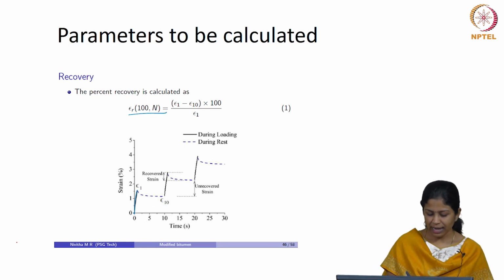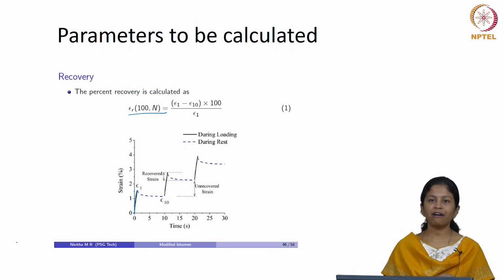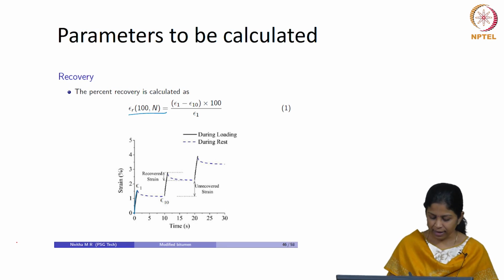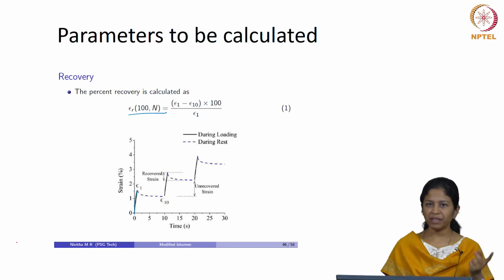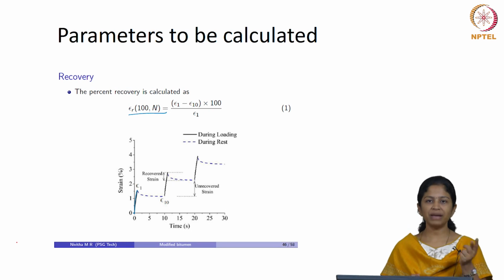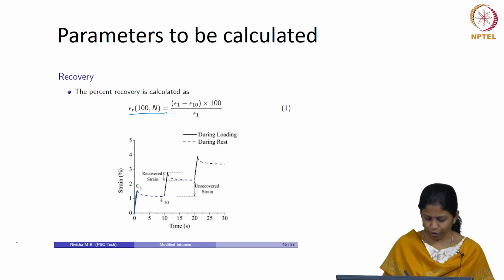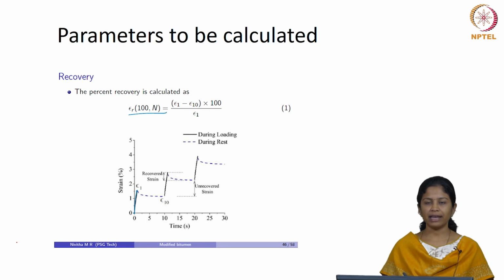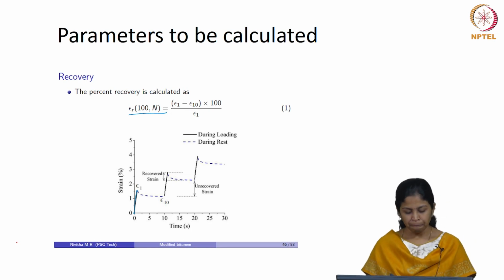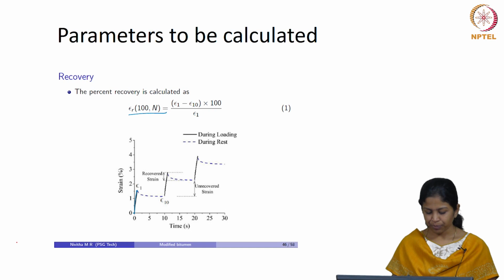So, that is my epsilon 1. So, when we have to do this calculation, the last value of strain from the previous cycle will be epsilon 0 for the current cycle. So, like I previously explained, you have to take that into consideration, and then this strain at the end of 1 second loading can be taken as epsilon 1, and then epsilon 10 is nothing but the